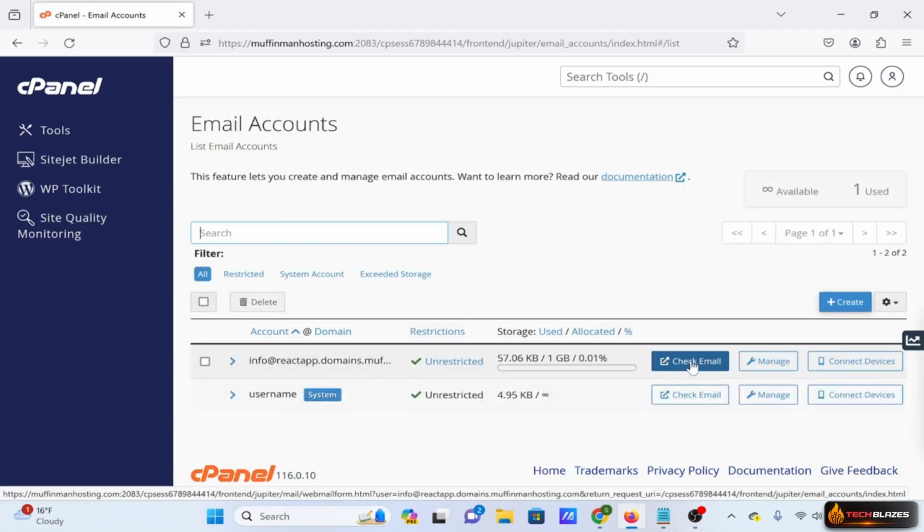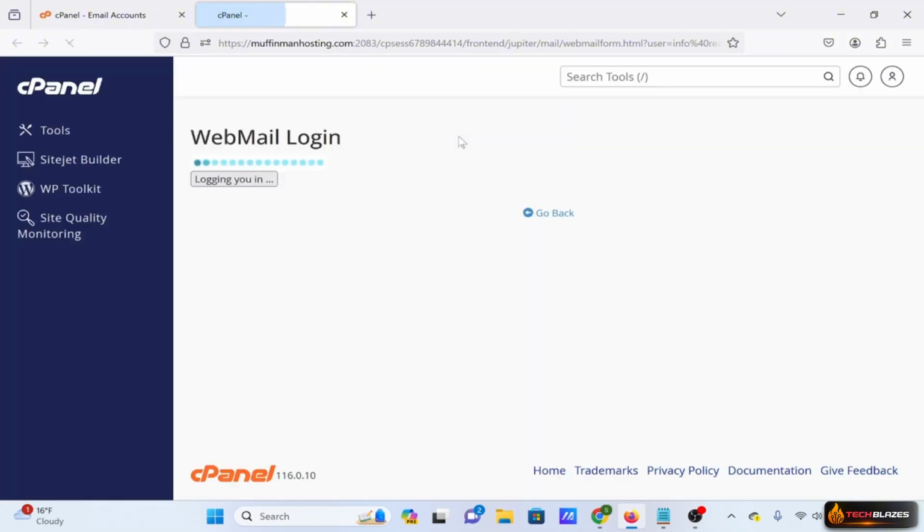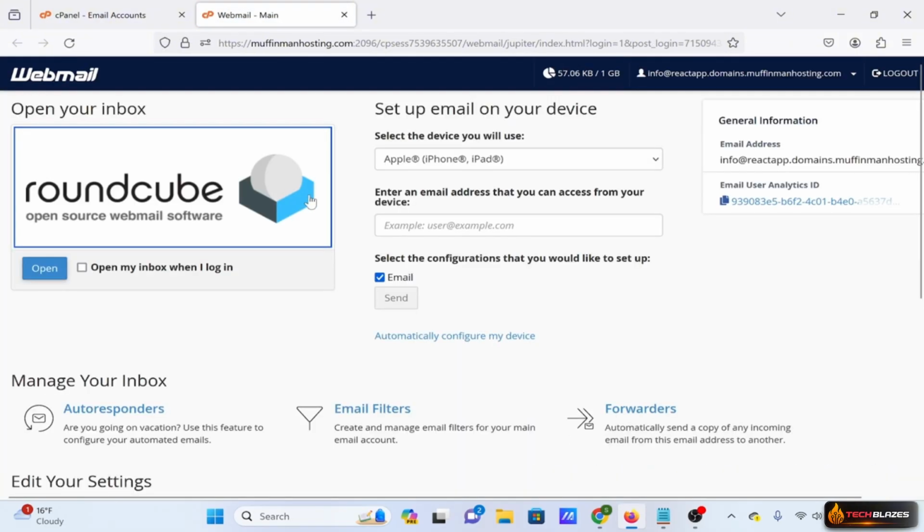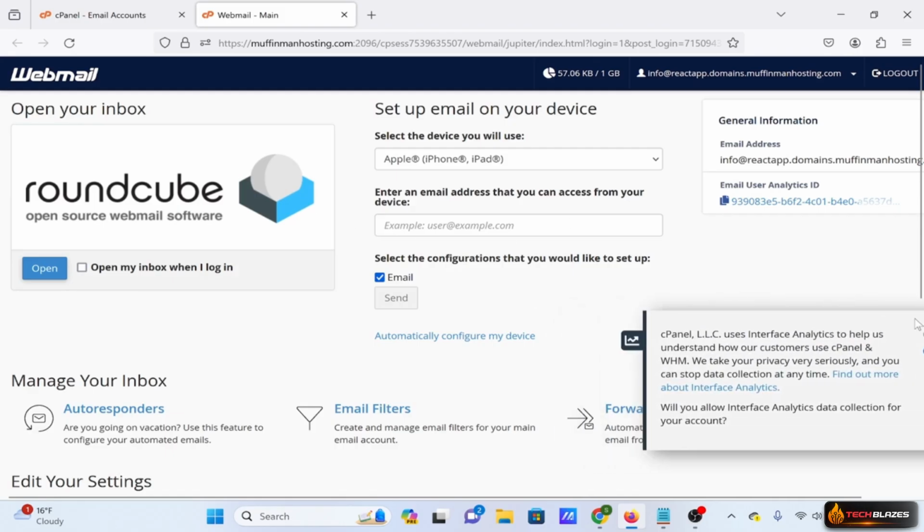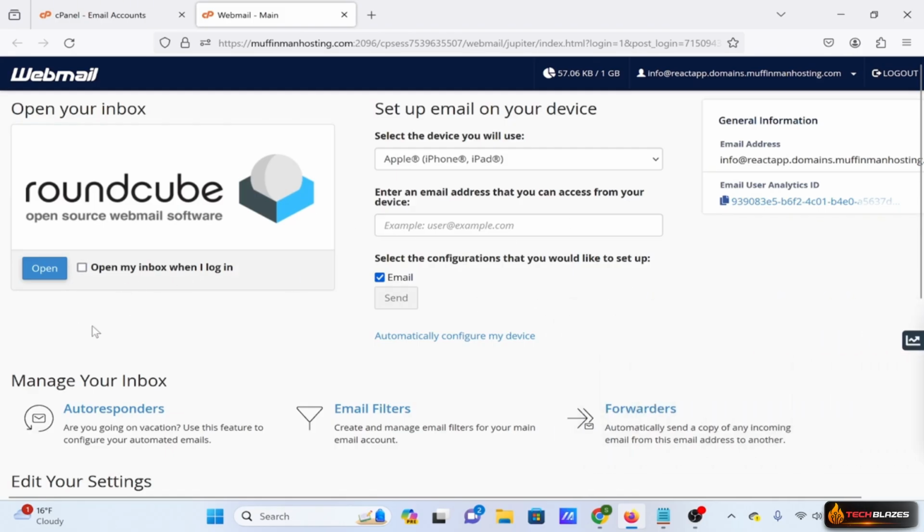You just simply click this check email button, and it'll actually take you to something called WebMail. And this confuses a few people when you first log in. All you need to do to actually check your email is click on this open button here. I personally like to have it open my inbox when I log in. When you click on this, it'll automatically take you to your email account rather than give you this webmail screen. So once you click open,